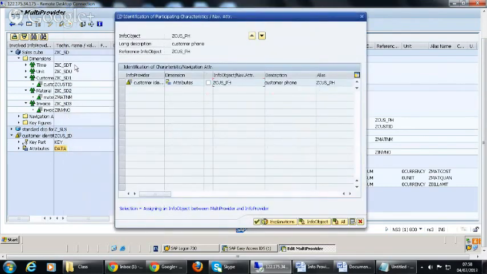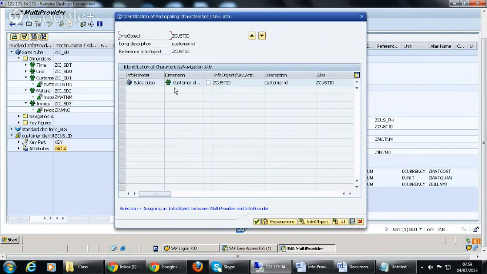Here you can see it is not available in any of them other than customer identity. So there is only one info provider which is providing customer phone number to the multi-provider, and that is customer identity. So check this and go ahead.